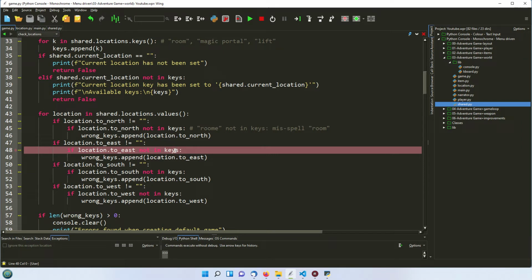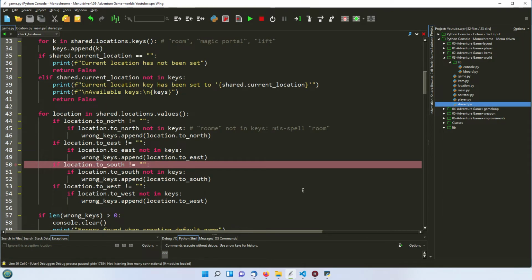So if it's not in the keys, whatever we picked out from there, then it would add that to the wrong keys list. But as it was in there, it's not being appended. If we had the wrong key listed, again, it's going to store a list of anything that's got the wrong key in it. So if we go through this,